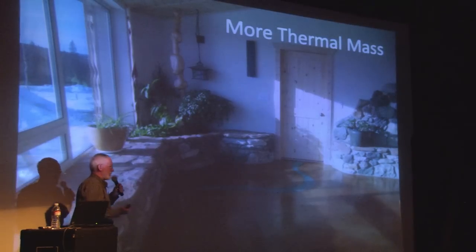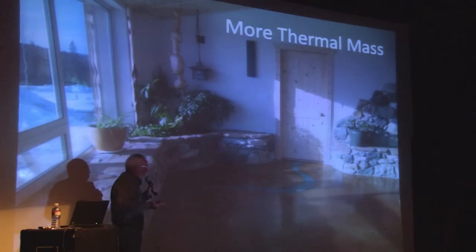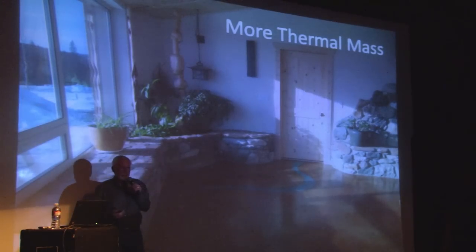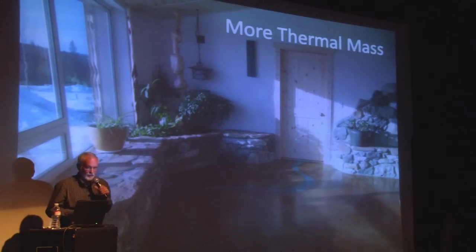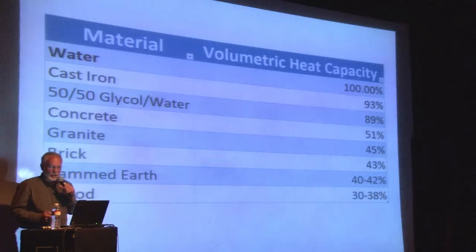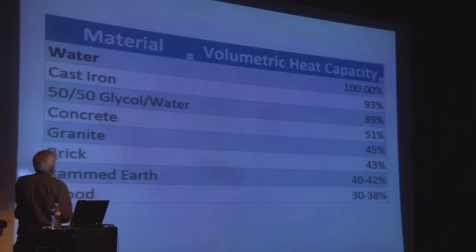It's just storage capacity. You can always use more storage, right? You can build a garage and your garage is instantly full, and build another one and you fill that up. Thermal mass is kind of the same way. I don't think we found the limit for it yet, and I don't think that my house is maxed out on it, and I've got a lot in it. There's a lot of different ways to store